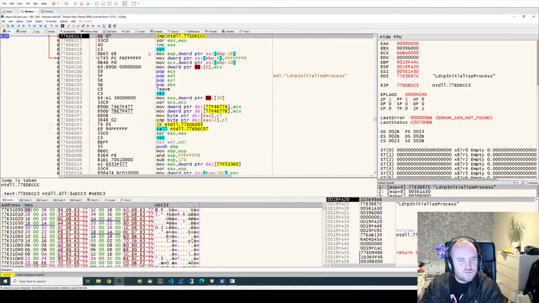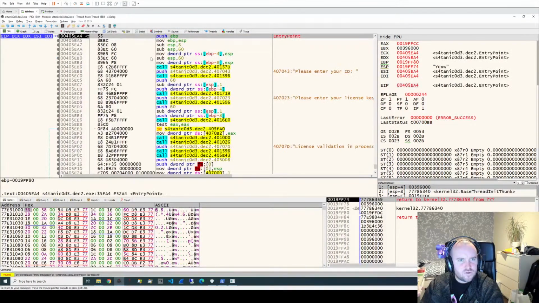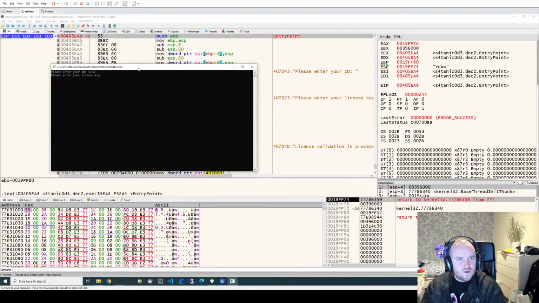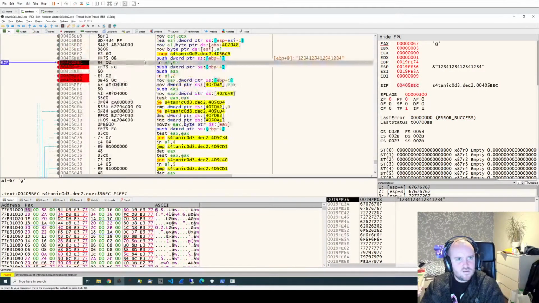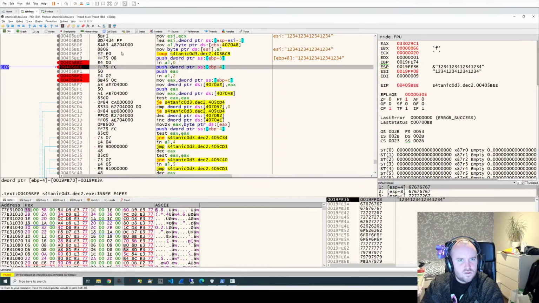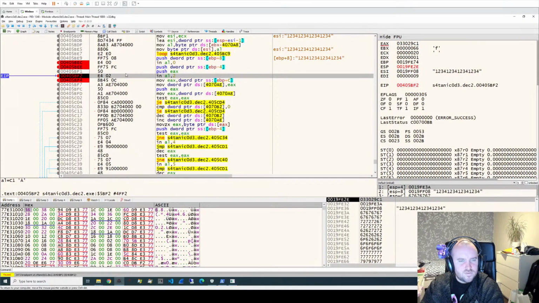Okay, so it worked the first time, but then it broke. So why is that? This one works, but then when we want to call this second function,